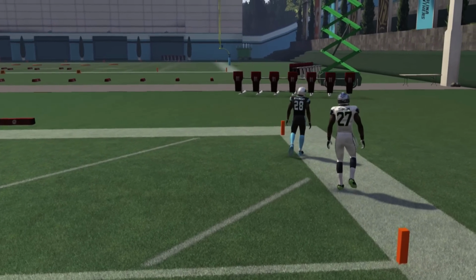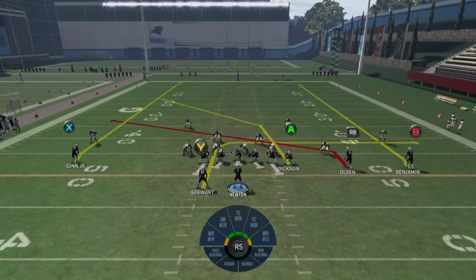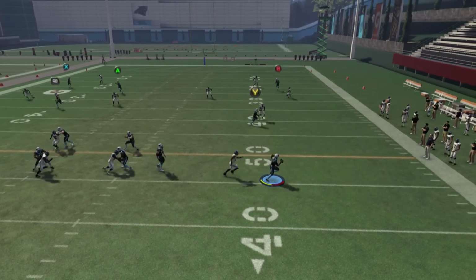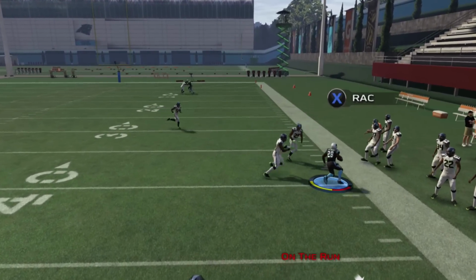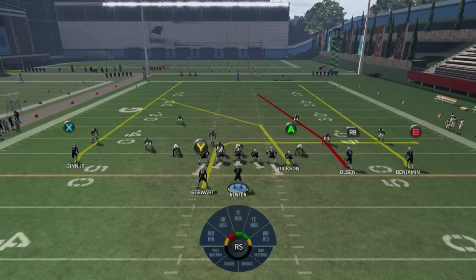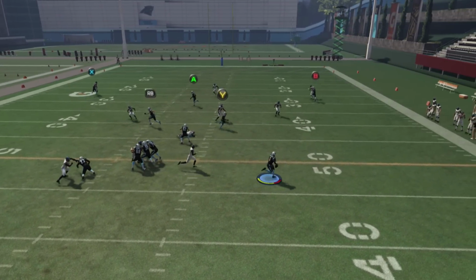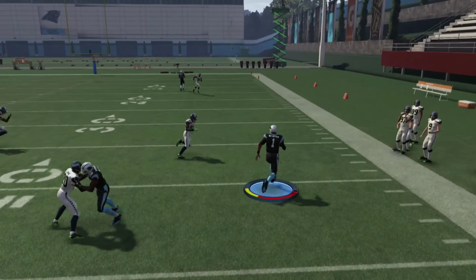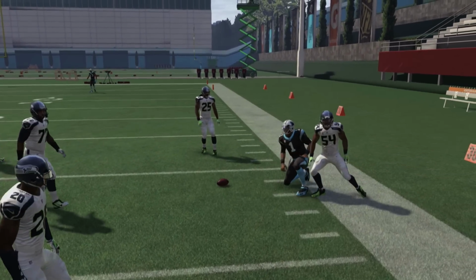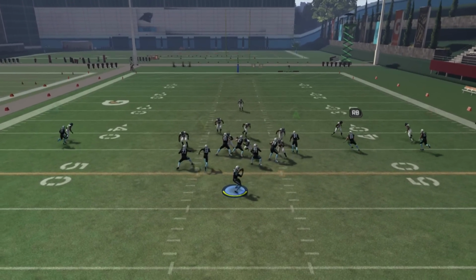I haven't really come across this problem online, but for some reason, sometimes it seems like in practice mode they mirror everything. Whenever everything gets mirrored, a lot of times I'll just roll out with my Y receiver. Like if I snap the ball and everyone is getting bumped like crazy, no one's open, usually I'll roll out and either hit my Y receiver or just take off with my quarterback. But that's only happened to me in practice mode so far. It just seems like a lot of bumping happens in practice mode, but that's all I really have to say